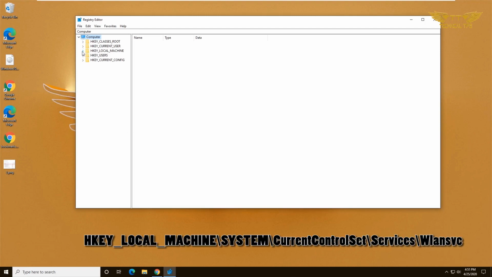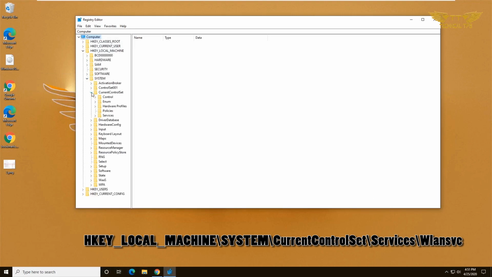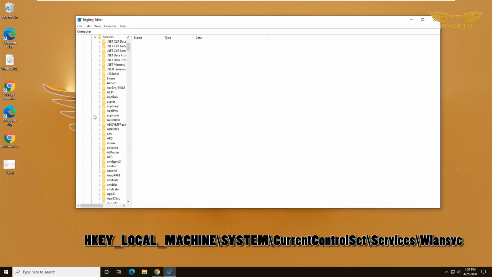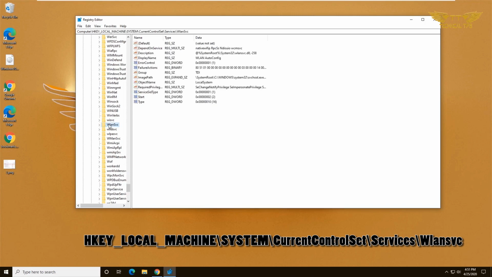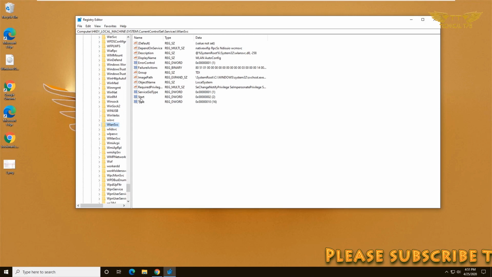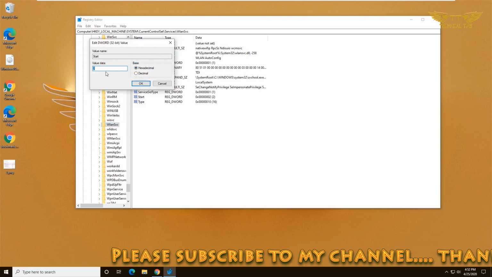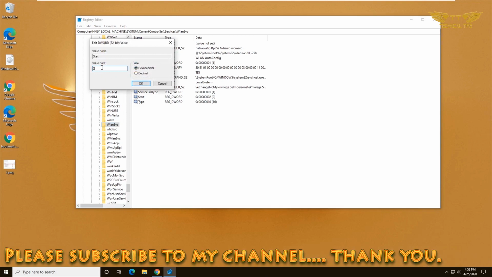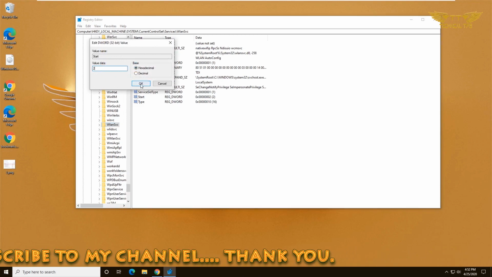the arrow to expand HKey local machine, and then expand system, then current control set, then services, then scroll towards the bottom and click on WLAN SVC. Now you'll see at the right hand side there will be something called start. You need to double click that and make sure the value data is number 2, and then click OK,